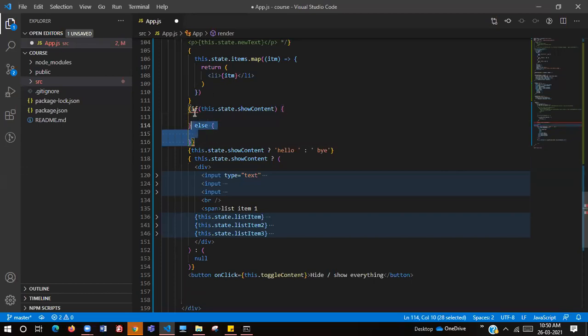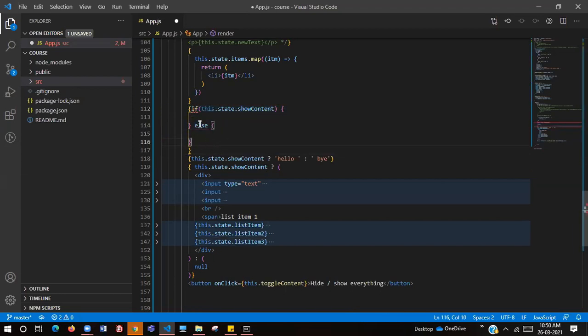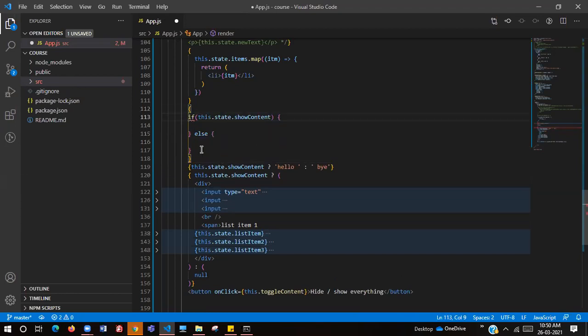Do you get this, Rohit? You know this if and else, right? Yes, I know. So this if and else is nothing but this ternary operator. Basically this compiles and turns out into this particular piece. If this.state.showContent is true, we are compiling the block that is inside this if.